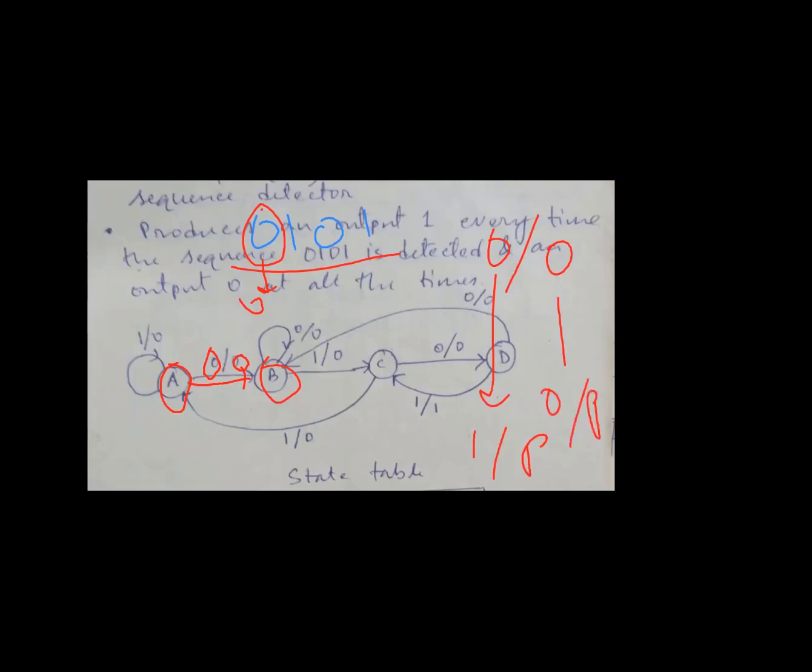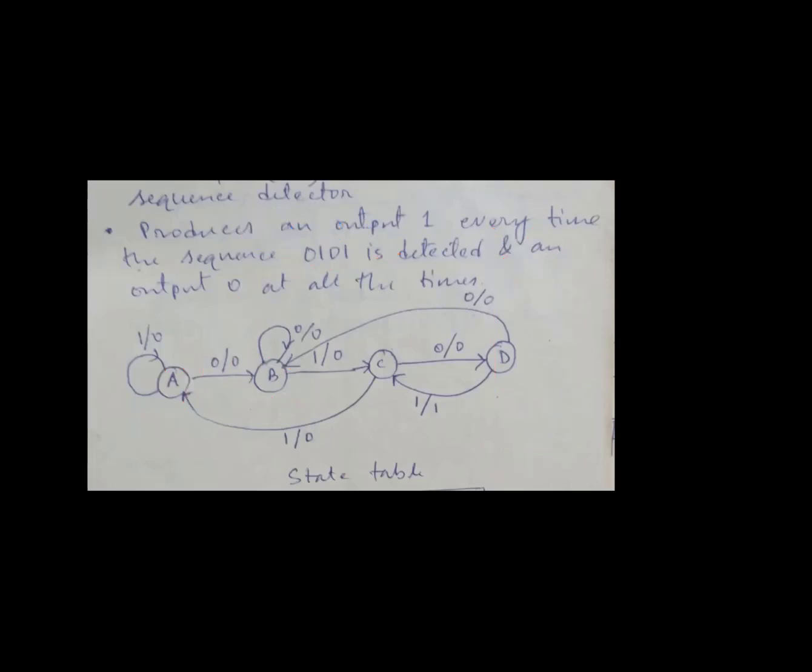Okay. So 0101, for the first 0, we go from A to B. And for the first 0, since the sequence is not detected, output is also 0. Okay. Now for the second one, now look at this one,